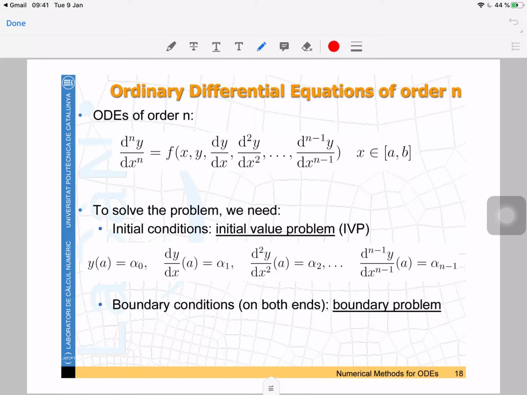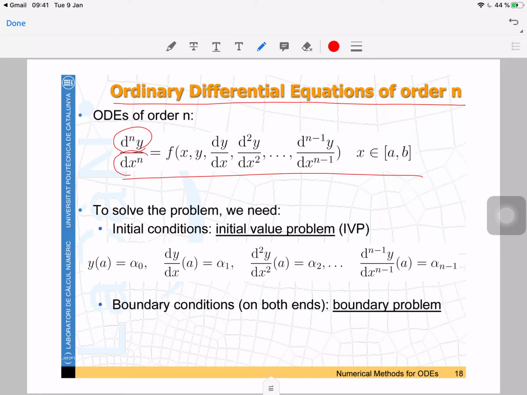Hi, in this video I will talk about numerical solutions for ordinary differential equations of order n. In the previous video we talked about numerical solutions for the first order ODEs. Here we are talking about ordinary differential equations in this form, where we have the derivative of order n of